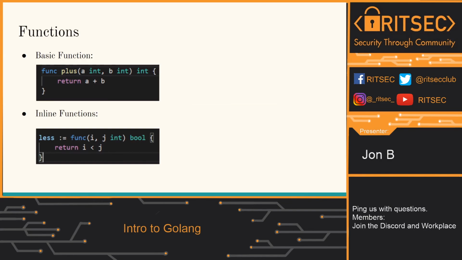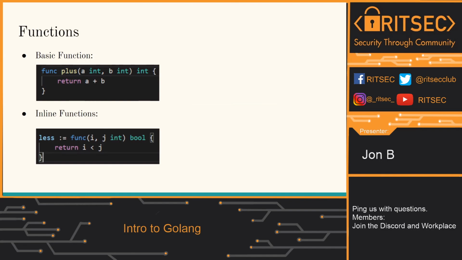You can also surround them in parentheses and do multiple returns, like in Python. This will allow you to return a tuple or multiple values from a method, which can be extremely useful at times, especially when we get into Goroutines in a second here. And then you've got your inline functions, or your anonymous functions, where you can say func, and then give it its parameters and tell the return type.